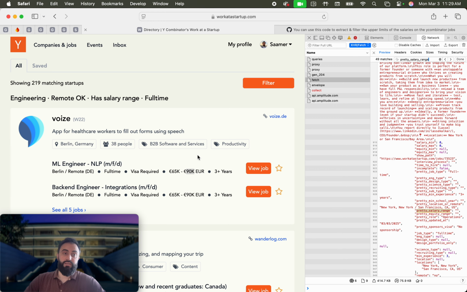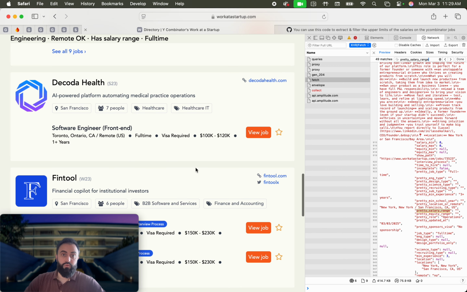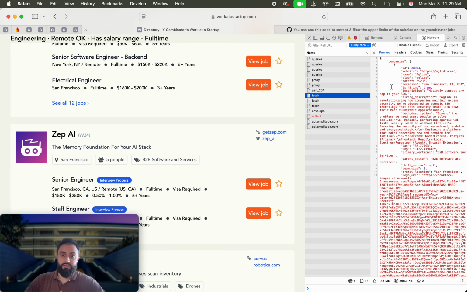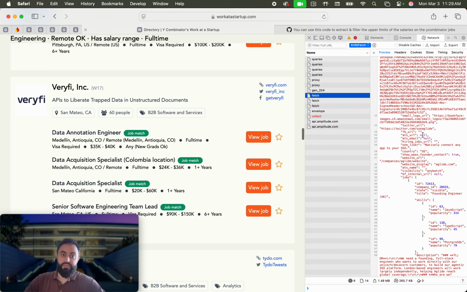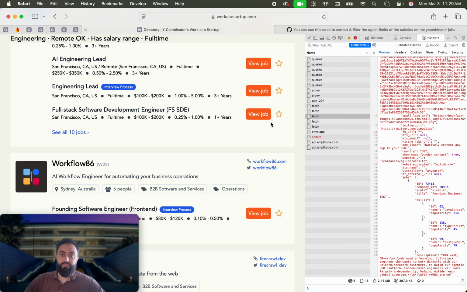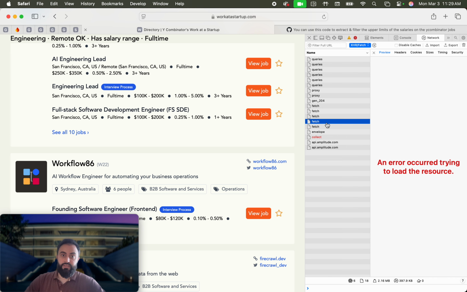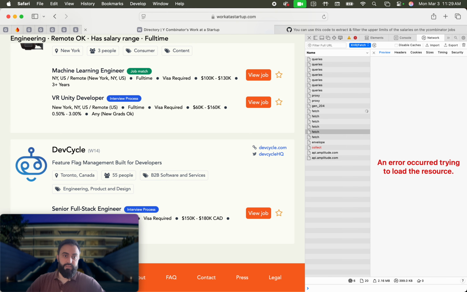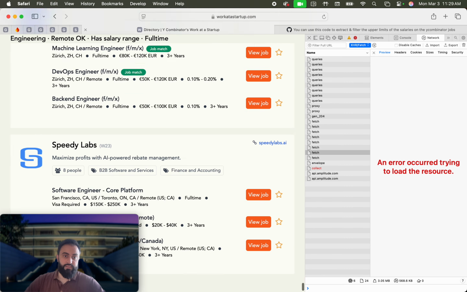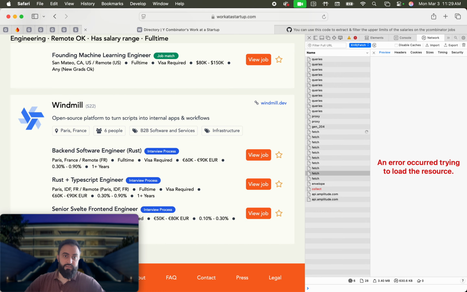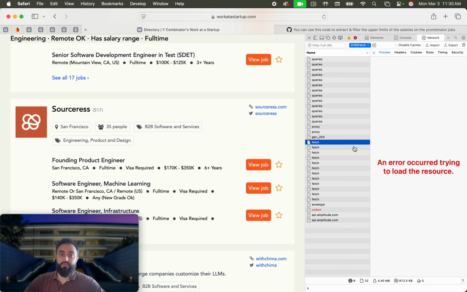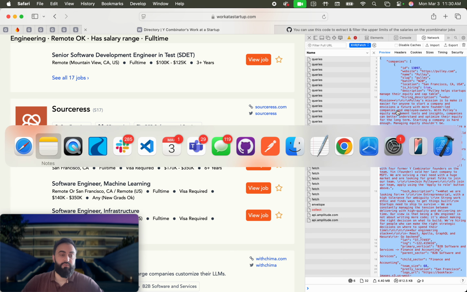So what you can do for this is, as you scroll, it does other fetches and it gets other values. So you basically have to go through all of the jobs, just scroll down and make sure all the fetches are completed. And then once all the fetches are done, let's see, is it done? Almost done. Yeah, but what you do once you get all the jobs is you copy this into a notepad,